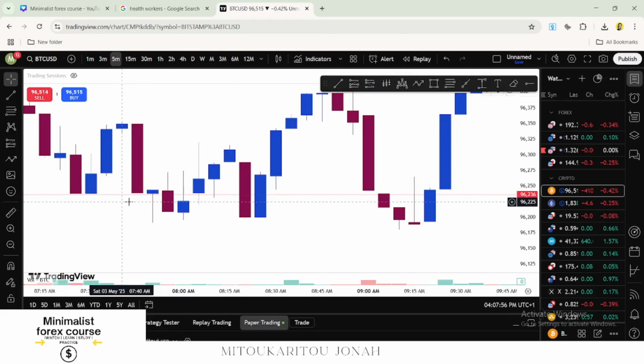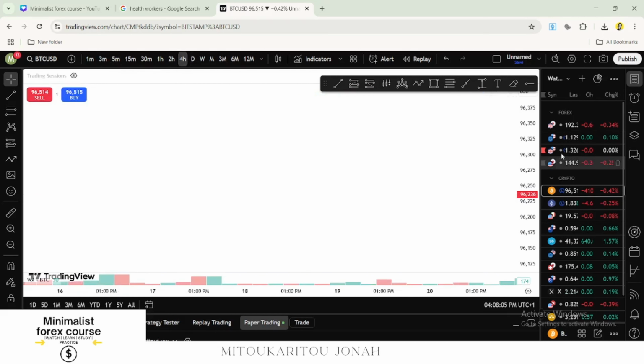So it doesn't have a wick at all. And this just tells you how much force was in the market. Okay, so how do you combine this with market structure? One,